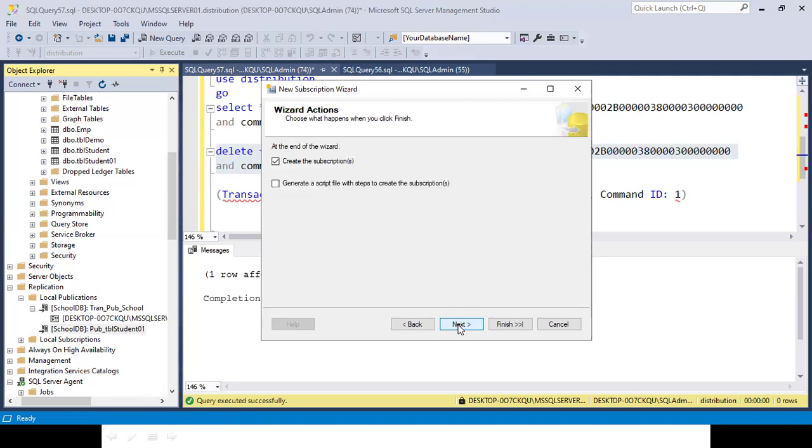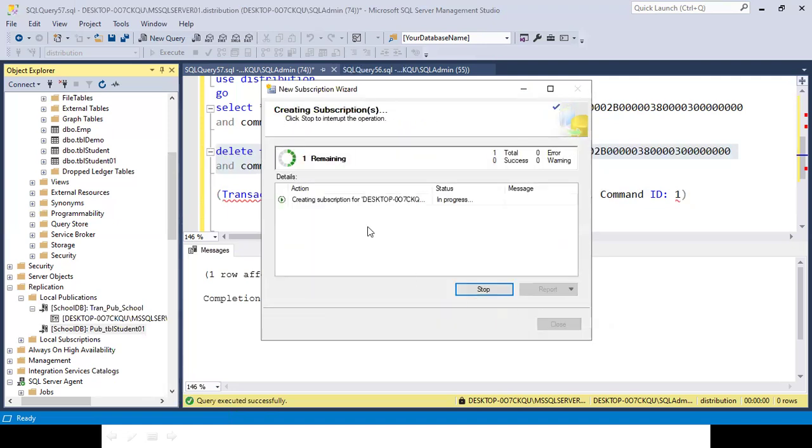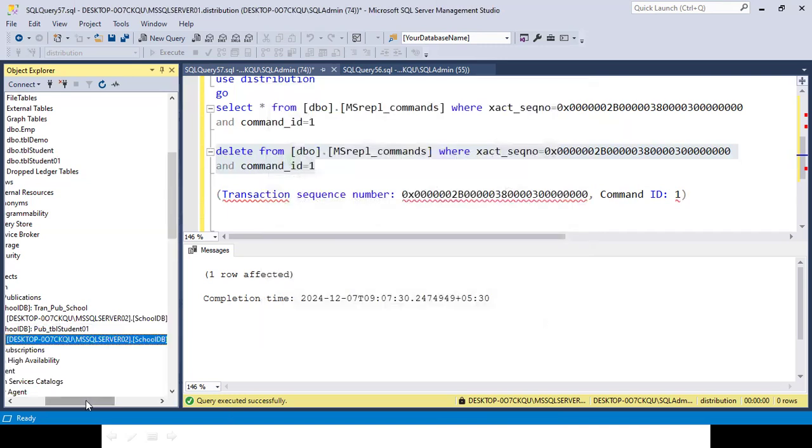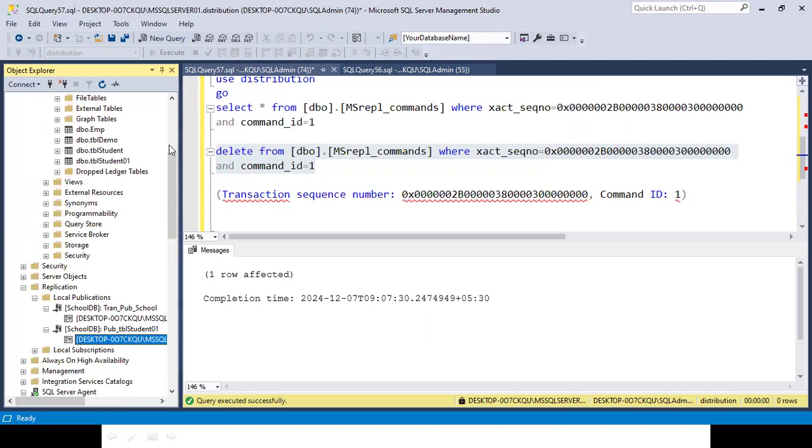So I think you got what I want to explain. If we create all tables, say 1,000 tables, in one publication, and you face any problem and want to reinitialize, each and every table is dropped and recreated once again, and that takes so much time.